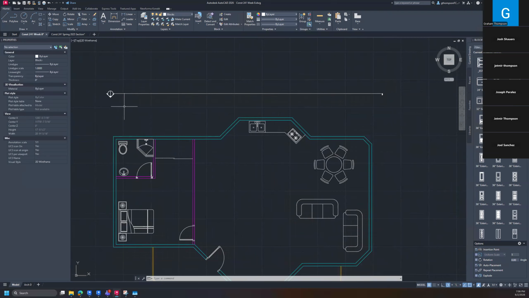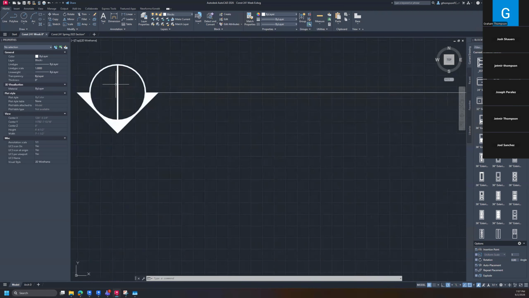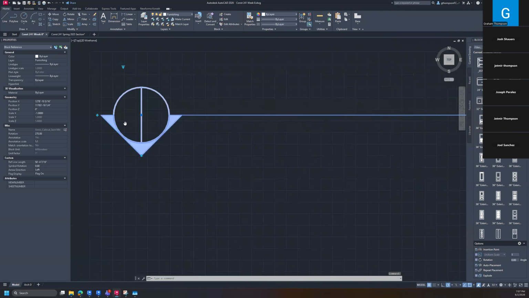What we're going to do with this is we want to have 4 sections on all 4 sides of our building. And when these are put onto sheets, they'll actually come here into the callout. So if I come down here and go to view number and type in view number 1 on sheet A101,